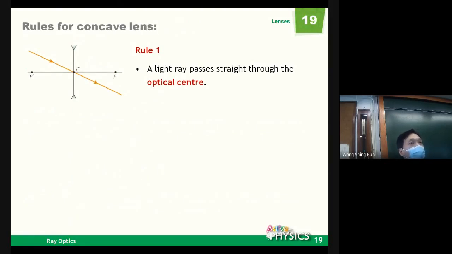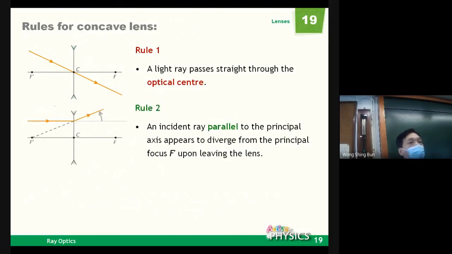OK? How about the concave lens? Exactly the same. Pass through the optical center will be a straight line. How about this? Parallel, but remember that this one is a concave lens. Okay, the characteristic of this lens is diverge. Okay, diverging the light ray. Then what will happen? It means that the light ray should not come near to the principal axis, but will be away from the principal axis. You get it? So with this one, away means in this direction. But of course, this light ray will have many directions to come out, but this direction should be